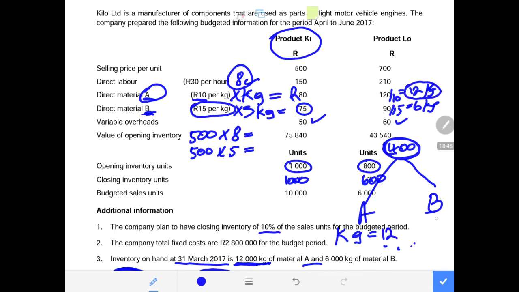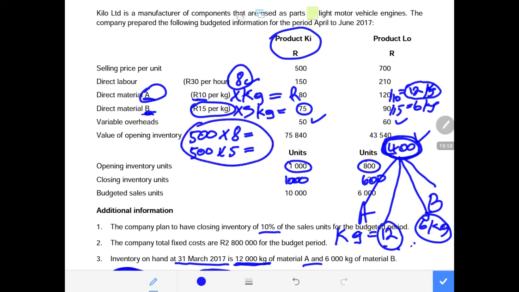For material B, we need 6 cages. So now these 2 will be able to complete this 400 in total. That means we multiply 12 by 400 and 6 by 400. That will give us enough material to complete the 400 units, and also enough material to complete the 500 units